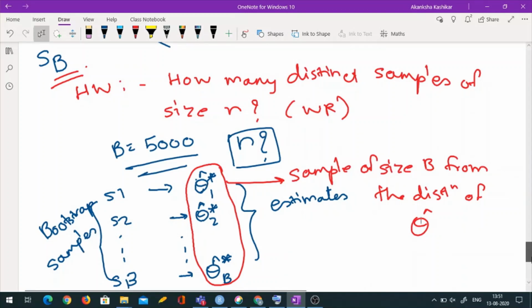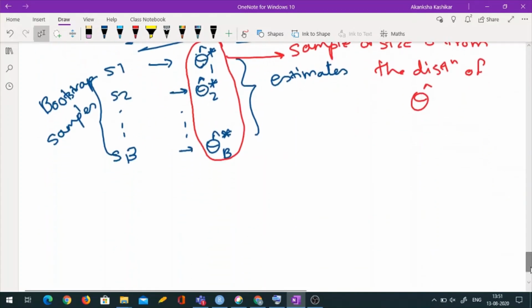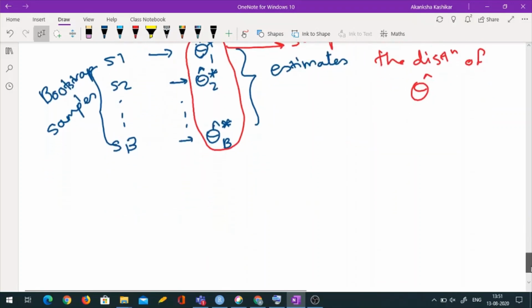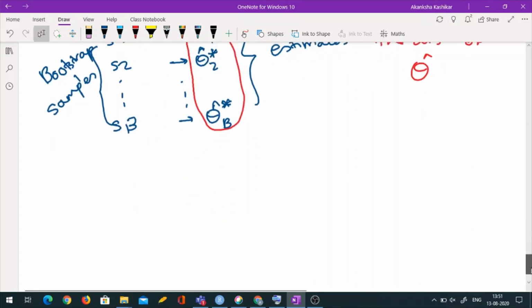Whenever we compute any estimator, we don't stop at that point estimate. We are interested in studying the variance of that estimate so that we can give some sort of interval estimate. That job of interval estimate can actually be done now by this sample. Because originally, if I know only theta hat and if I don't have any theoretical knowledge about the variance of theta hat, then I cannot say anything about the confidence interval for theta hat. I cannot actually give an interval estimate of theta hat. But now, this bootstrap is going to do that job for me.